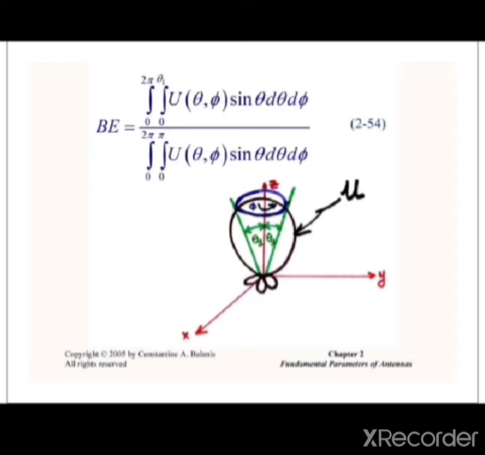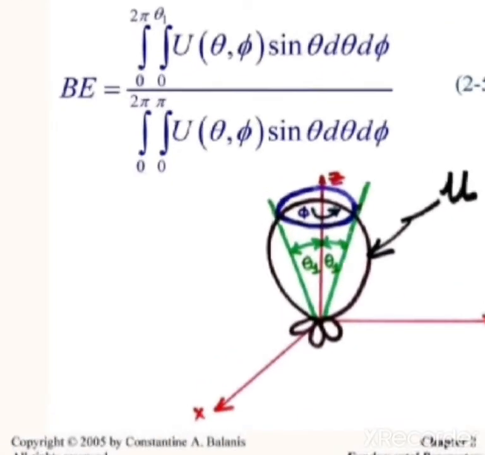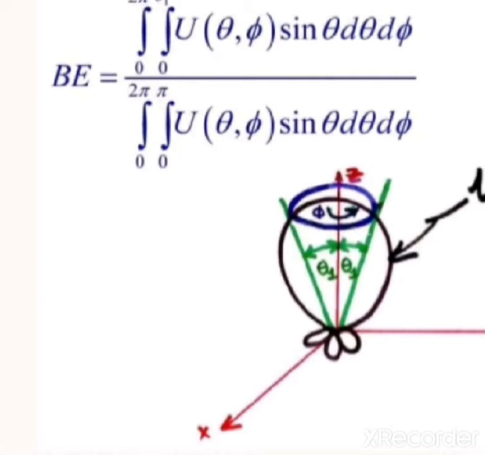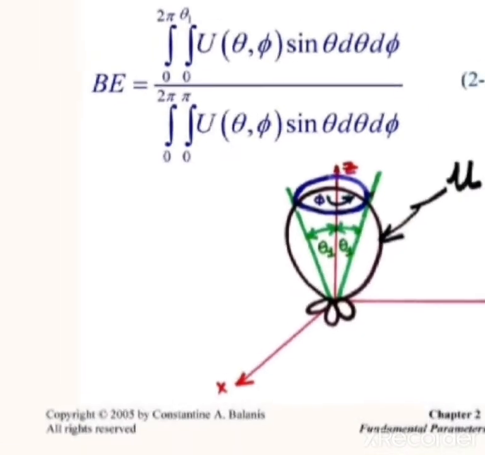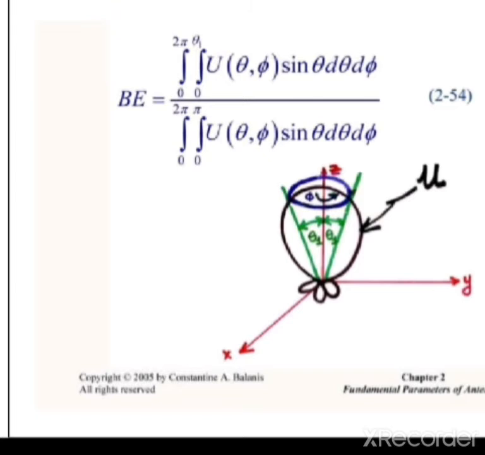by the same, here from 0 to theta 1 in the numerator, which is the major lobe axis, and over the total beam area, which is the integral of U(theta, phi) sin theta d theta d phi. You will observe that this is theta 1 and theta 1, which are the angles here, and the total phi is there. So phi indicates 0 to 2 pi, and theta is 0 to pi, but in the numerator the angle is 0 to theta 1 only. So it is the ratio of the major lobe to the total beam area.